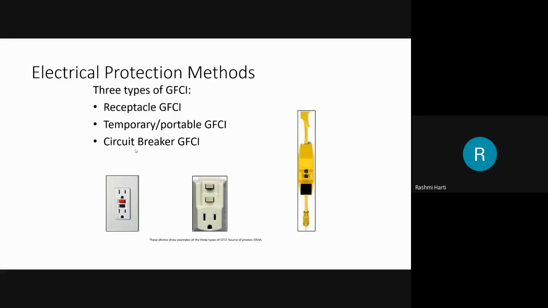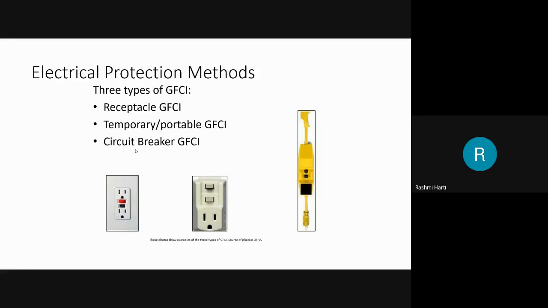So placement of this is also very important. You have to place it in the right way. Now, when we speak about receptacle GFCI, it is often found on construction work sites. You find this type of receptacle GFCI at construction work sites, outdoor areas or other locations where damp conditions do or could exist. Basically, when there is a damp condition wherein the walls can be damp or wet, that time they use this type of GFCI, that is receptacle GFCI.